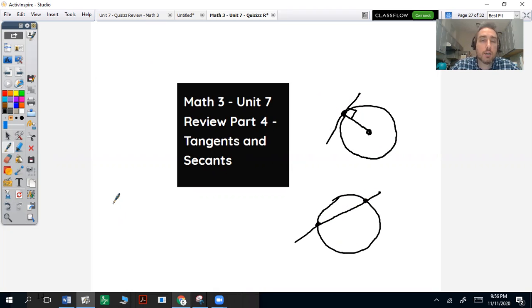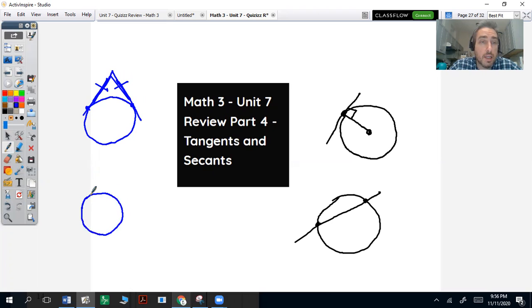And there's one relationship and two formulas we need to know for these review questions. One relationship is if you have two tangents coming to the outside point, meeting at an outside point, those lengths are going to be equal. So that's one relationship. Another relationship is if you have a tangent meeting a secant at a certain point, then